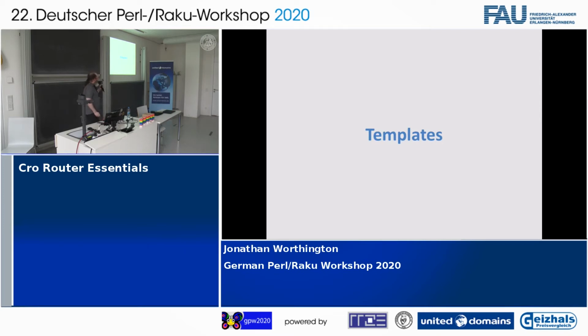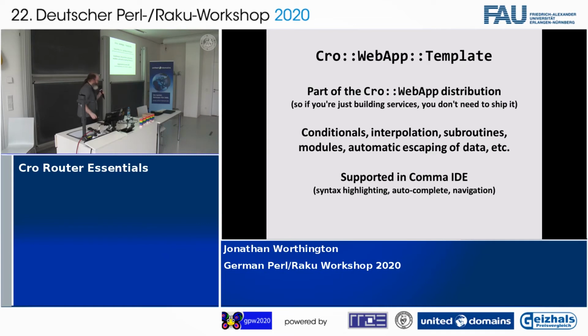Okay, but what if you are actually building a web application and you want to render a template? When I started out doing Cro, I was like, we don't need another template engine because you can just integrate one that already exists in the ecosystem. And after hearing Cro doesn't do templates 20 times, I'm like, you know what happens when you really annoy a compiler developer? They write a compiler. So I made a template language so I could write a compiler for it. So Cro Web App Template